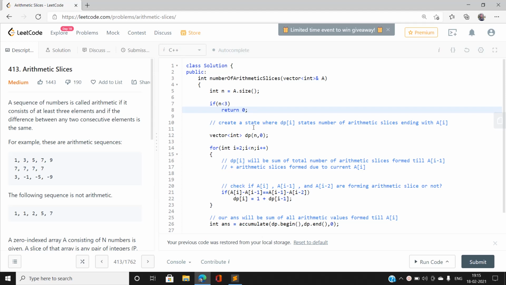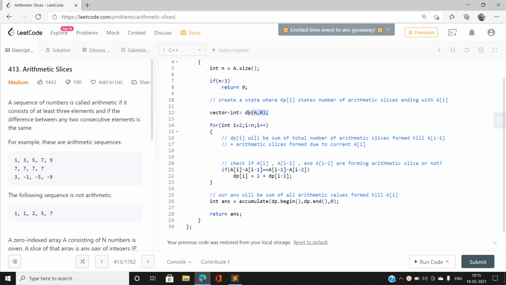Now let us define a DP, that is a dynamic programming array, and the state DP of I is going to denote the number of arithmetic slices formed ending with the index I. Now I am going to start with index 2, considering 0 based indexing.